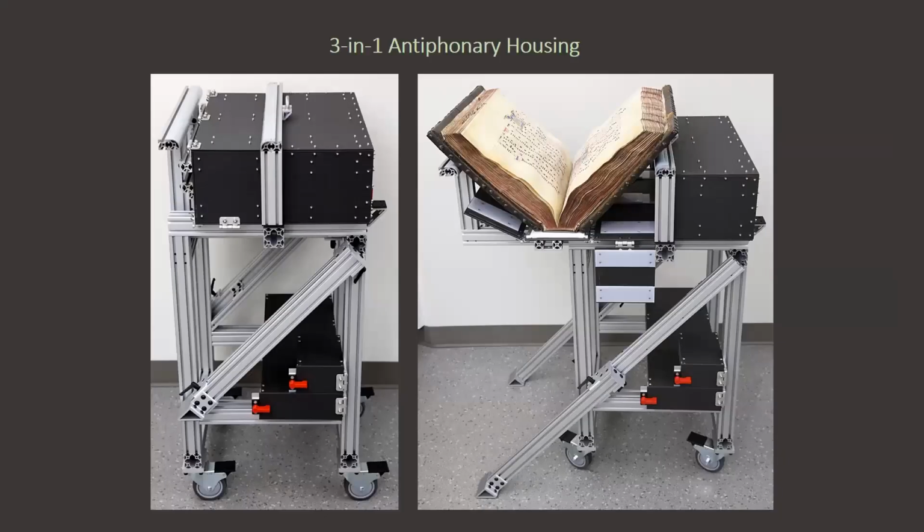It's a cart, storage solution, and a cradle. The preservation goals were to eliminate the necessity to lift the volume, to simplify its general handling when in use, to facilitate its transportation around the library, to allow its safe display and consultation. Additional logistic and practical goals were to minimize the overall dimensions of the device to make it as user-friendly as